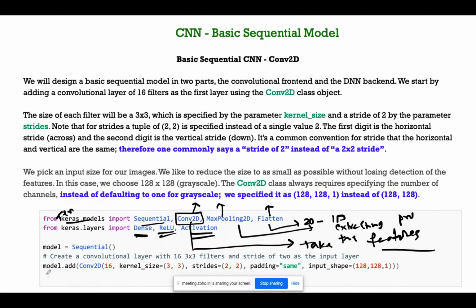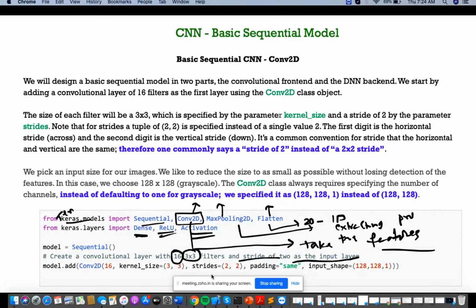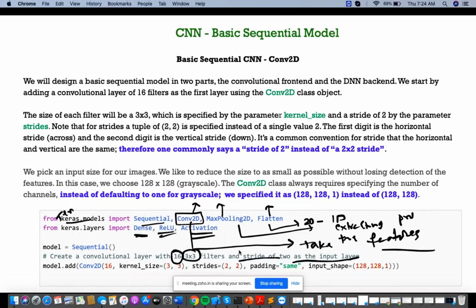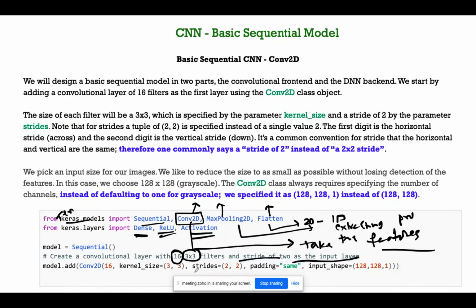Right, now let us see. Create a convolutional layer of 16 filters of 3x3 size and a stride of 2. What will happen? The stride of 2 means we want to read the data up by two strides at a go.